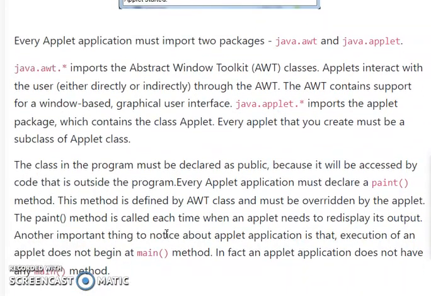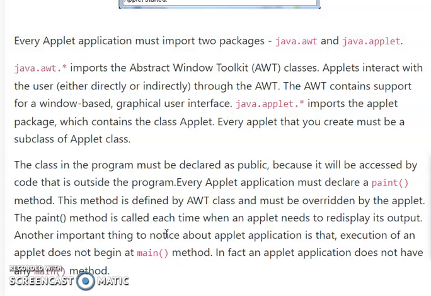The class in the program must be declared as public because it will be accessed by code that is outside the program. Every applet application must declare a paint method. This method is defined by the AWT class and must be overridden by the applet. The paint method is called each time an applet needs to redisplay its output.